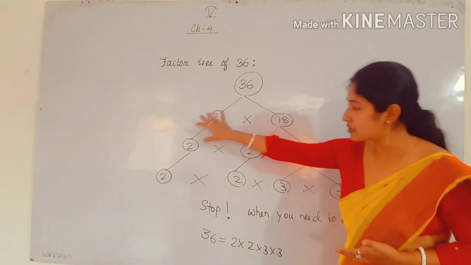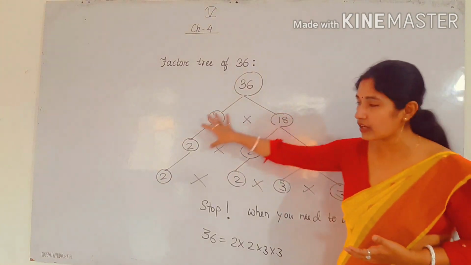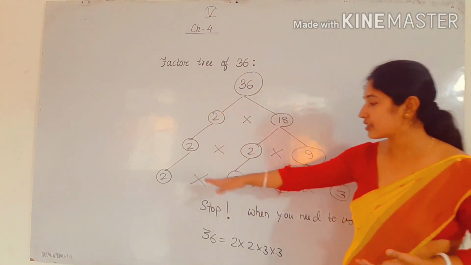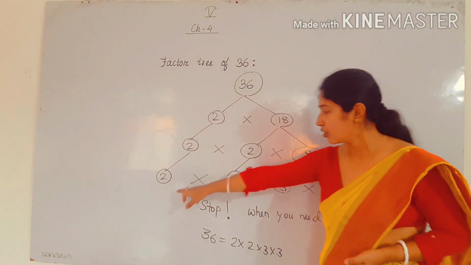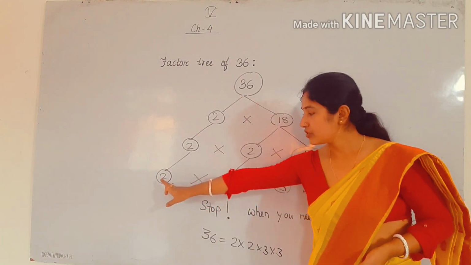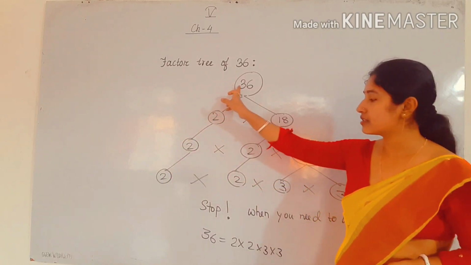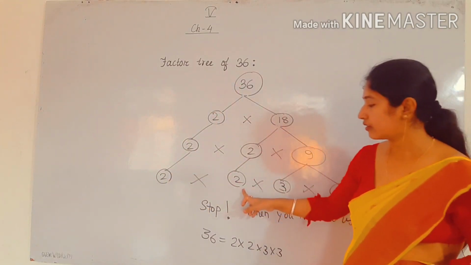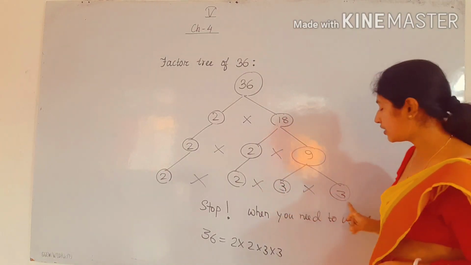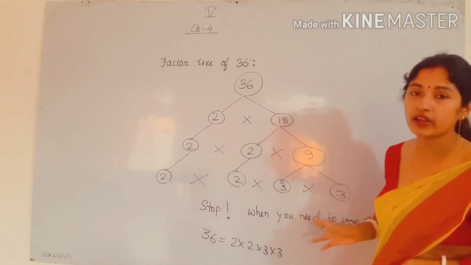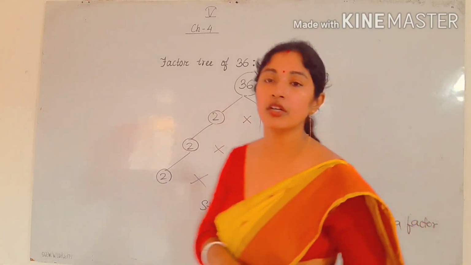So how do you have to check? If these inner steps are correct, then for the final step, you have to multiply all the numbers. So multiply all the numbers, you will get the number 36. See here, 2 2s are 4, 4 3s are 12, and 12 3s are 36. So finally this is the factor tree of 36.